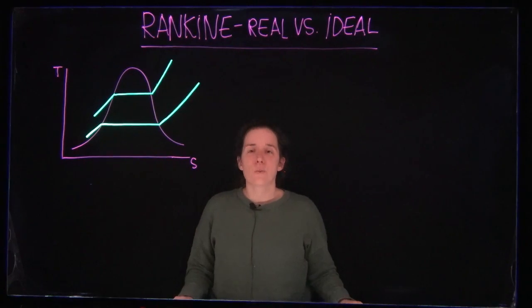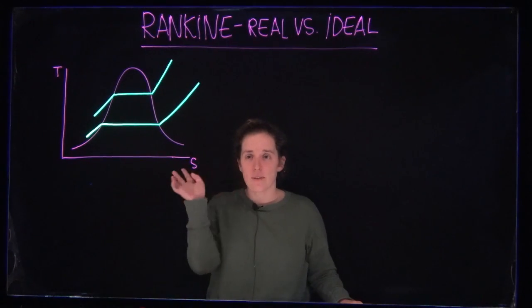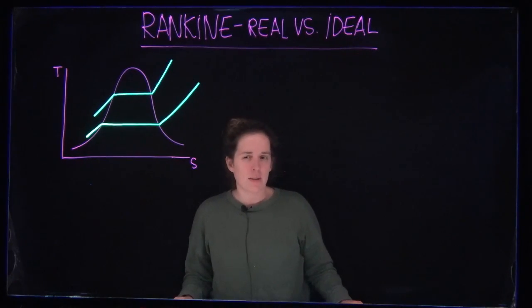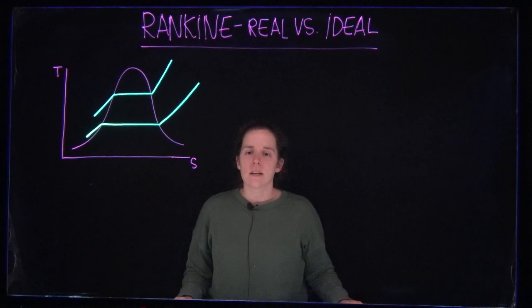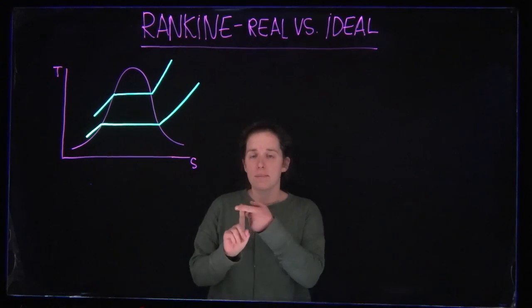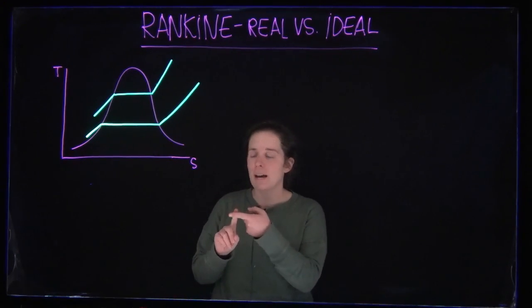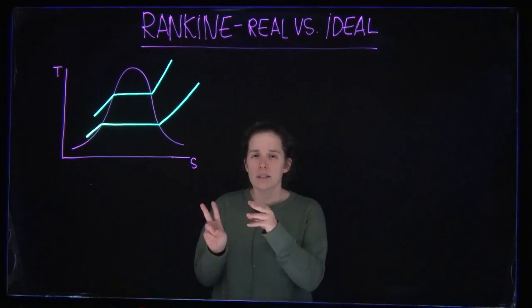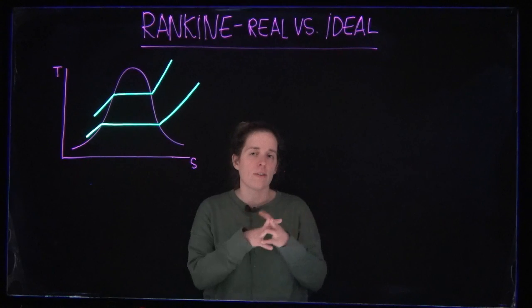Everyone, this is Rankine, real versus ideal. So we have alluded to this video in a couple different spots, talking about why it's maybe not the best assumption that a process doesn't have friction and thus the entropy doesn't change. Because remember, the entropy always increases when temperature is increased or Q is added and friction is present. So let's look a little bit about how that actually affects our